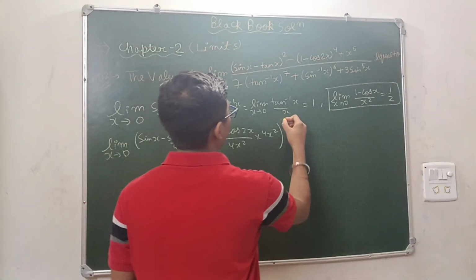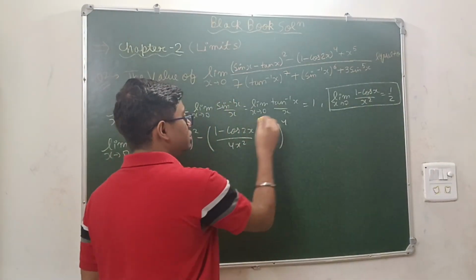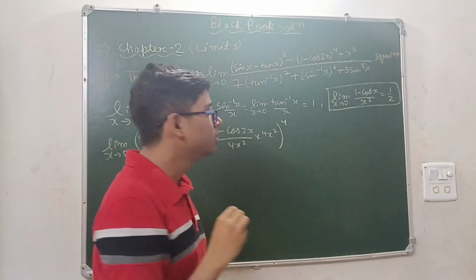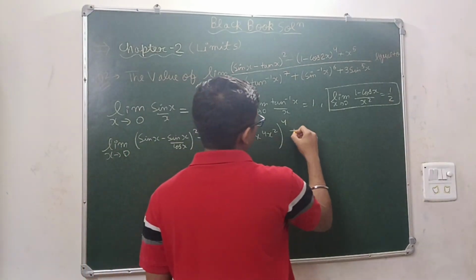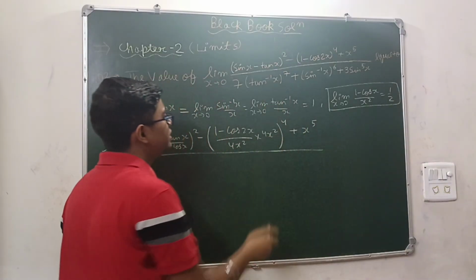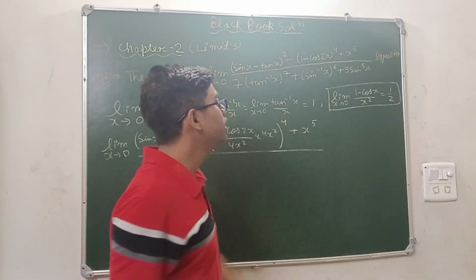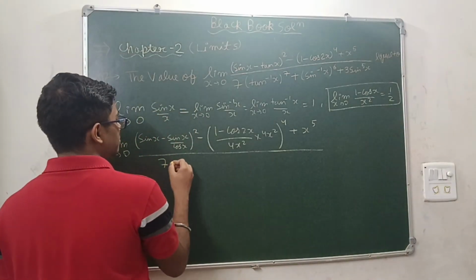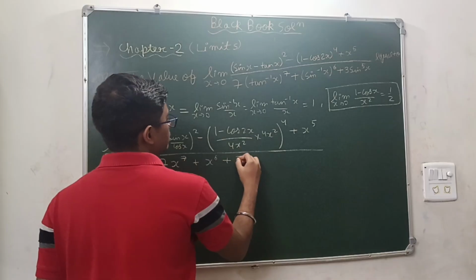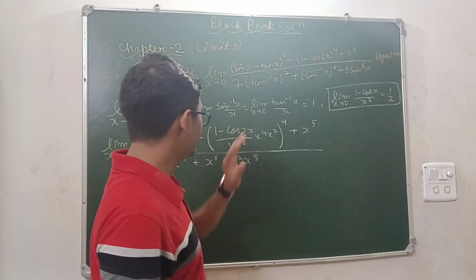Okay, and to the power 4, because same x and x square should be same. Okay, this should be square of x. Okay, so this is the square of 2x. So we did here, and plus x to the power 5 upon, see, you can apply these limits, multiply and divide by x here, here and here. Okay, so this will simply become what? This will become 7x to the power 7 plus x to the power 6 plus 3x to the power 5. Simple. Okay, denominator solved. Now to solve the numerator.